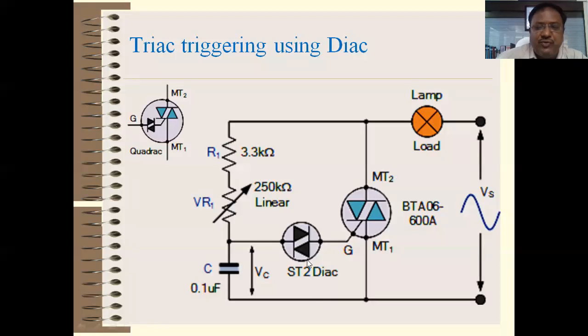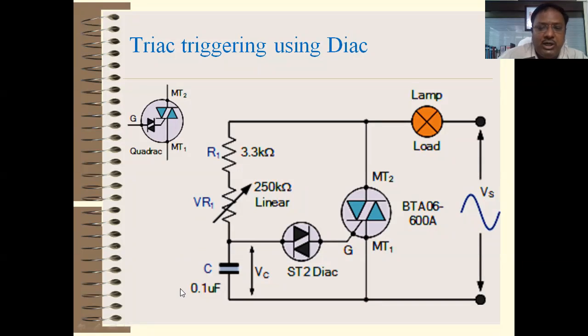So in this figure, again the same thing happens. The voltage Vs is applied. This switch is off because the gate current is 0. So this current directly flows through resistor R1, then VR1, and then capacitor C. So again capacitor C starts to charge, and this second R1 is basically a variable resistor. So the value of this R1 and capacitor will decide the turn on of the diac, right?